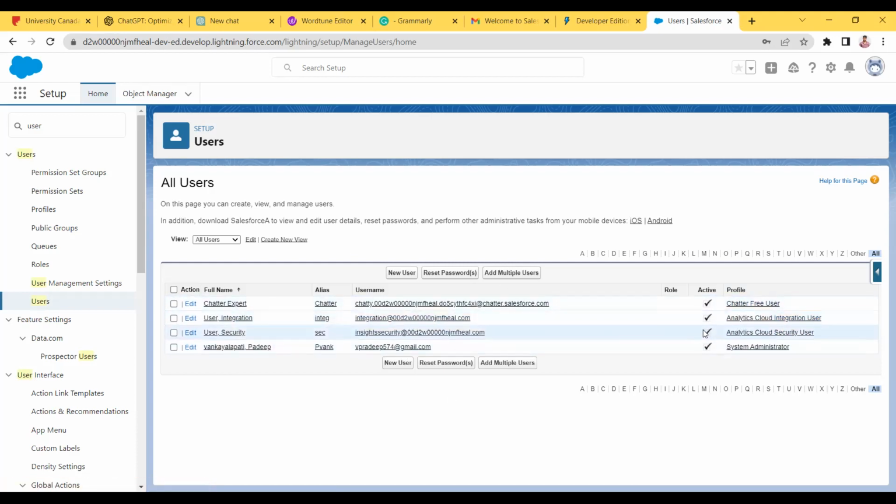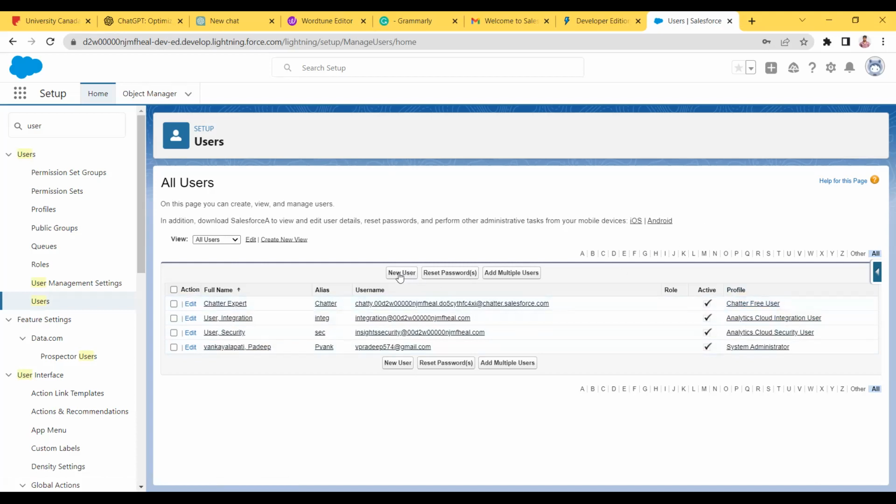For them also, Salesforce has created two users. These are active. That's the reason these checkboxes are true. It means these users can log in into Salesforce, which is Pradeep's org. Okay. If Devakar is creating his org, obviously Pradeep can't log in because Pradeep will not have an account in that org. And even these users will be default users, which Devakar will also get.